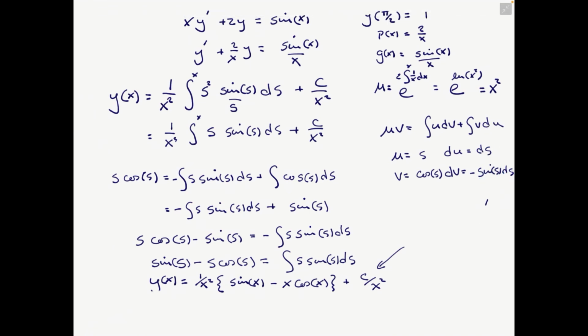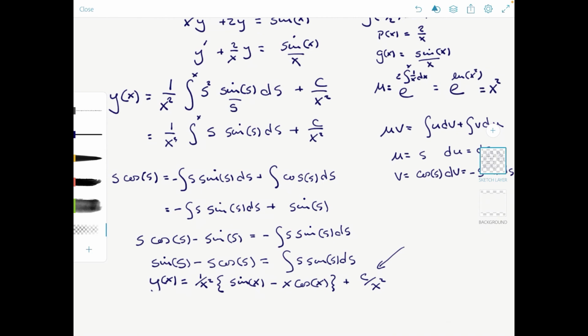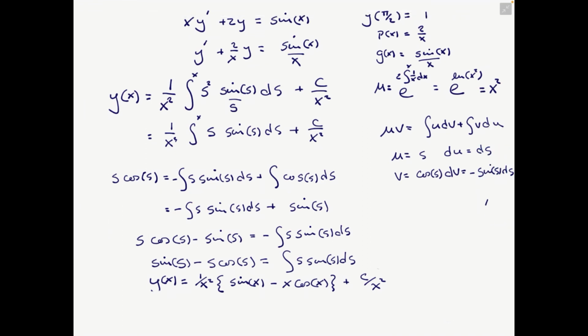Now this is correct up here. So if y of pi on 2 is 1, okay, so this is